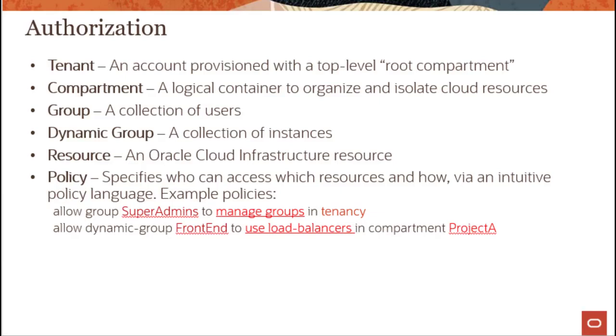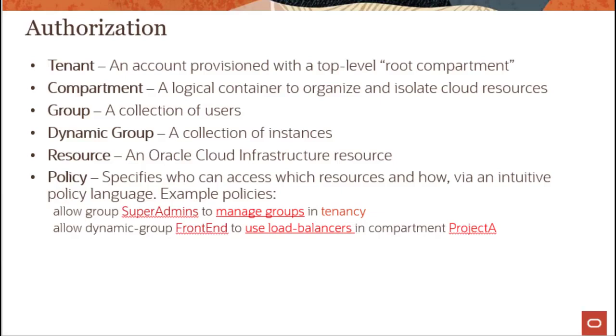And compartment, as we saw, is basically a logical container to organize and isolate resources. Every resource that is created in Oracle Cloud Infrastructure belongs to a compartment. A dynamic group is a collection of instances. A group is a collection of users, and then we have IAM policies. And as we saw, IAM policies specify who can do what across your OCI account or within a specific compartment. It's a very human readable